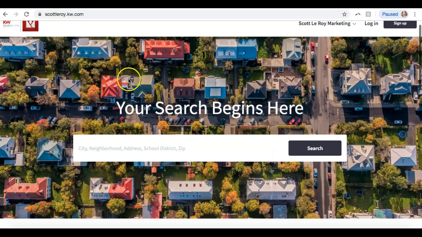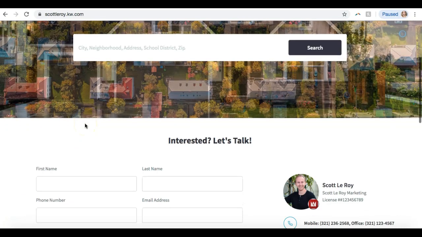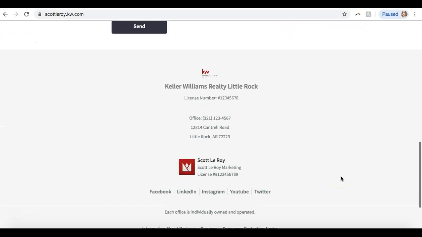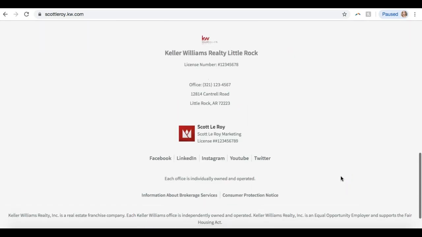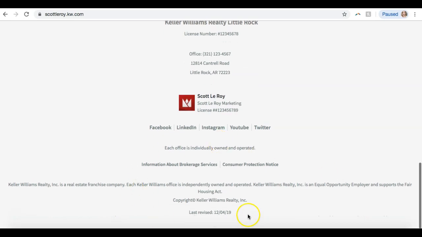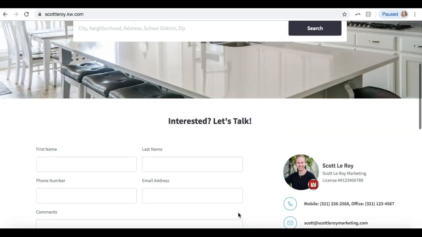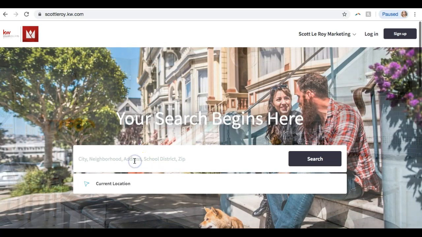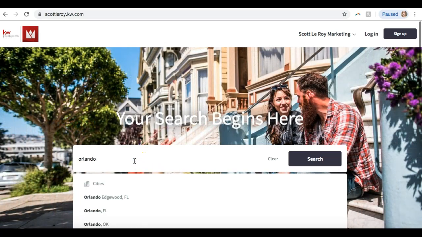This is that hero image slideshow that we added in. If we scroll down, there's a contact form and our personal information here. And then down at the bottom, office info, social media info, and then those legal footers. It does show us last revised today. So really cool. Your clients can come here and search for properties. The cool thing about this is,